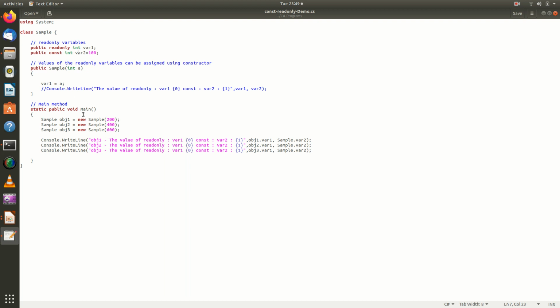And observe here, once the value is set in the constructor, it cannot be modified. Once you have assigned variable 1 with value 200 for object 1, it cannot be modified anymore. Once you assign variable 1 with value 400 for object 2, it cannot be modified. So let us run this program and see how it works.